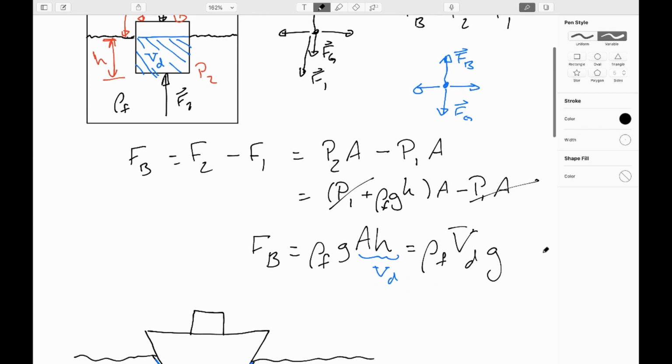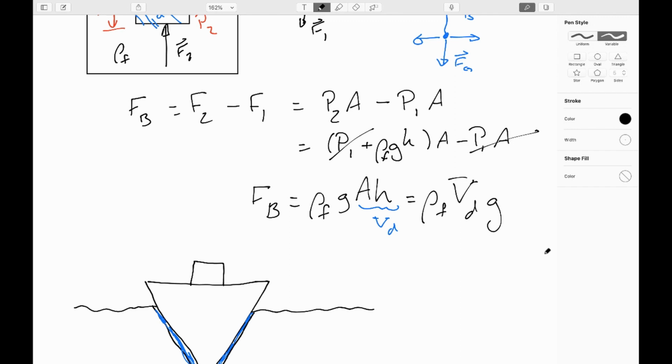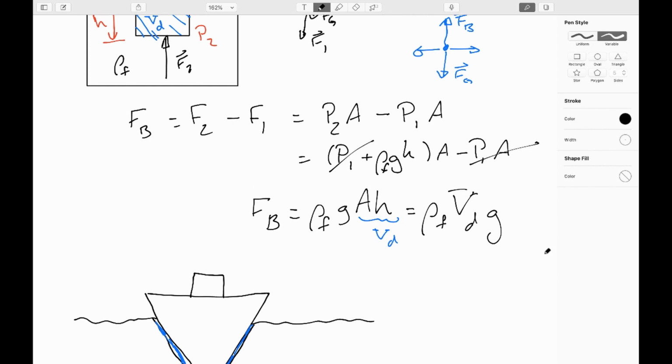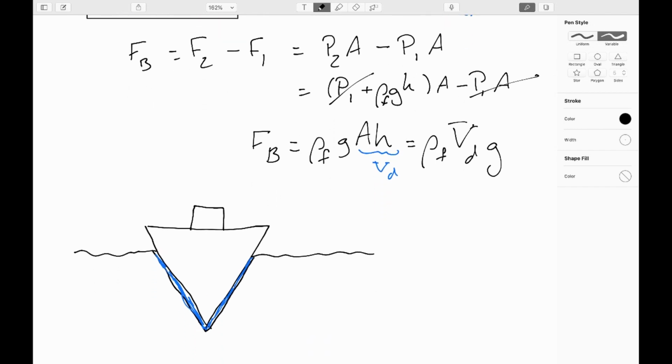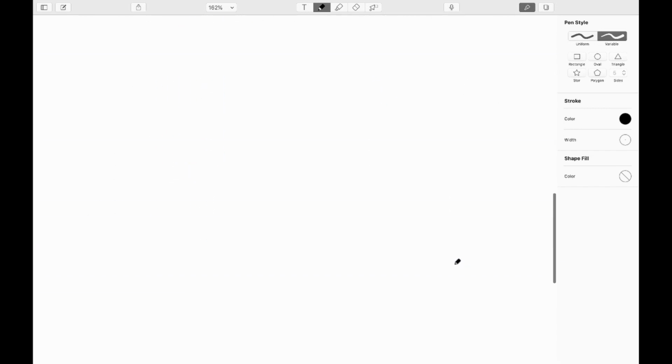If they are desperate to get to the surface in a hurry, they will use compressed air to blow the ballast out of their ballast tanks, which will then reduce the force of gravity on the ship because it got rid of a bunch of mass. And so then the buoyant force will be substantially greater than gravity, and they can get up to the surface in a hurry if they need to. But even if an object is just sitting at the bottom of the ocean, there's still a buoyant force on it. So to illustrate that, let's just imagine that I have submerged in an aquarium